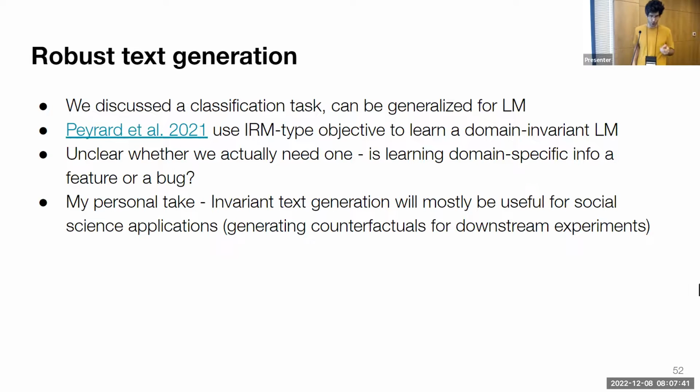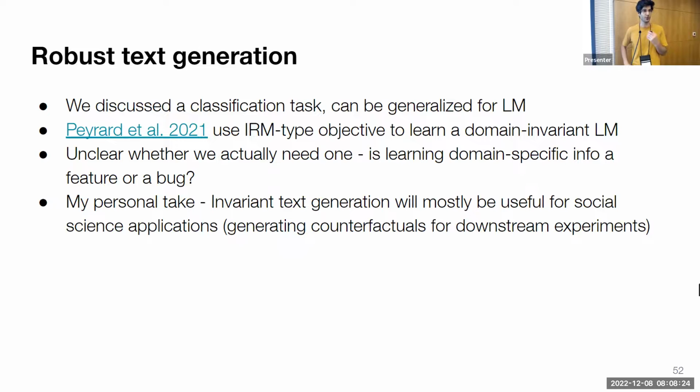All right, so I've so far discussed classification problems, which is what people in NLP often look at, but we are increasingly more concerned with doing the same thing with text generation. You can take this type of objective, where you're trying to remove spurious information during training with respect to some environment, and do the same with a language modeling task. We can have texts from different types of environments: Wikipedia text, Twitter text, some code, and try to remove information that's specific to an environment.